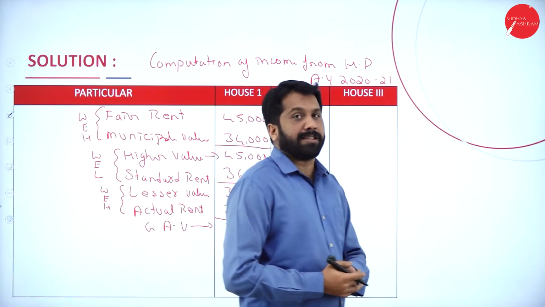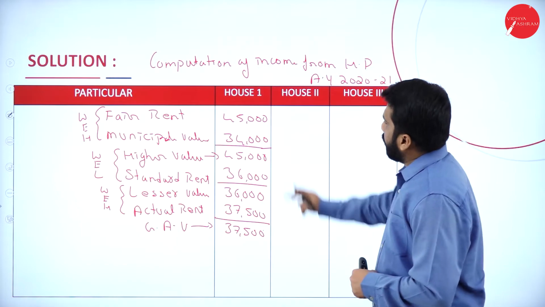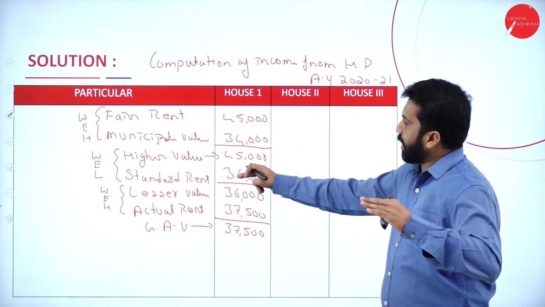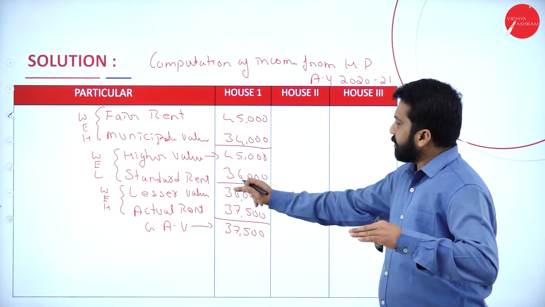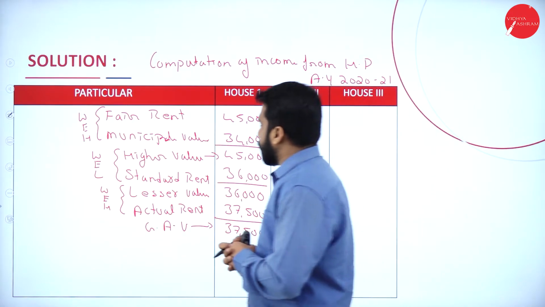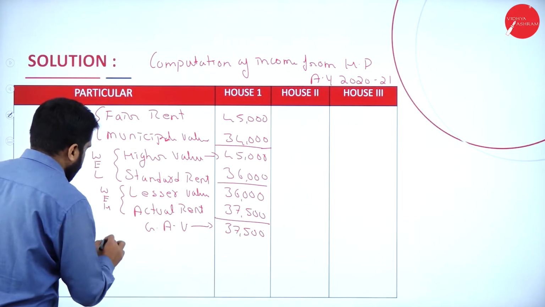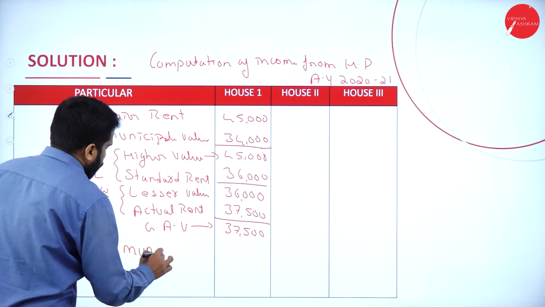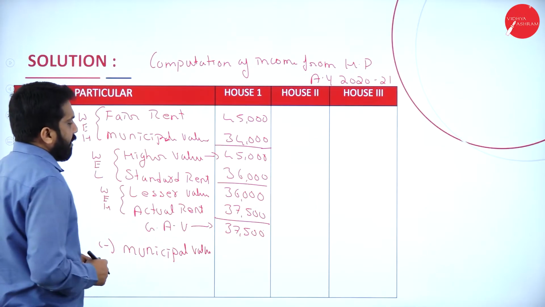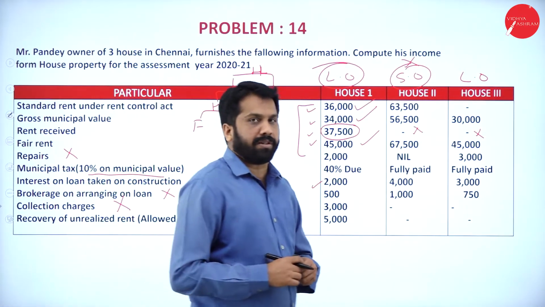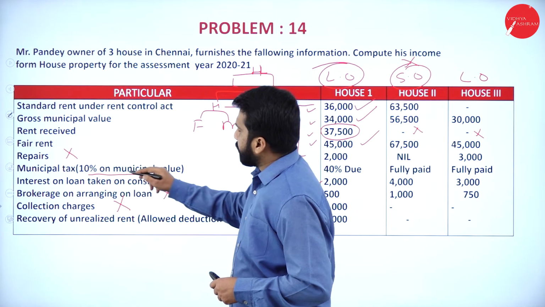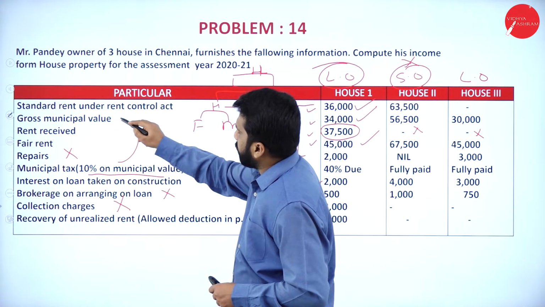Remember, like this you are supposed to calculate. Fair rent, municipal value, whichever is higher. Higher value with standard, whichever is less. Your lesser value with actual, whichever is higher. For this, what you are supposed to do? Minus municipal value. How to calculate municipal value? I'll go back to your question. In this, they have given municipal value 10% on municipal value. Your municipal value